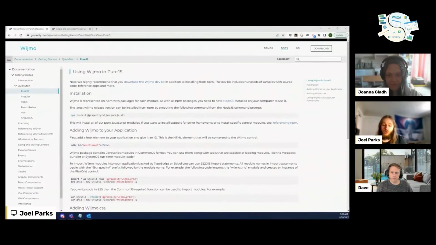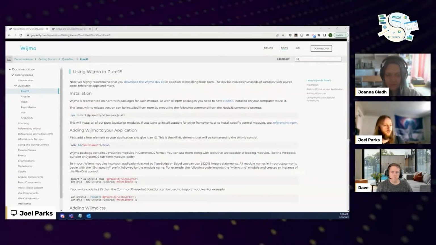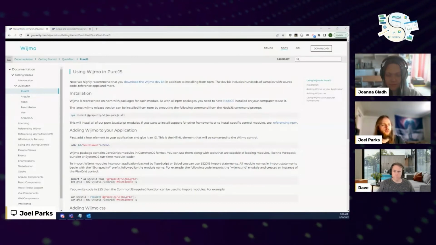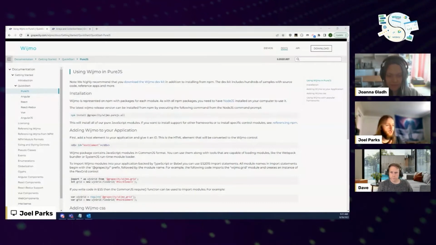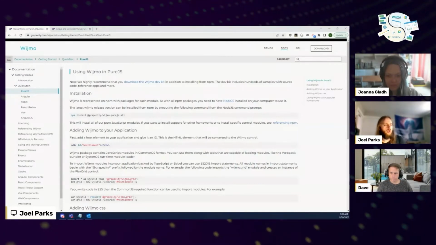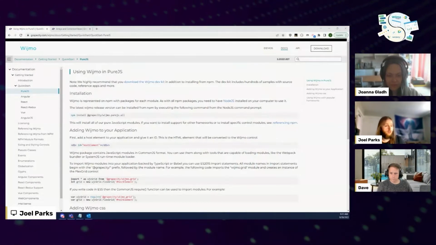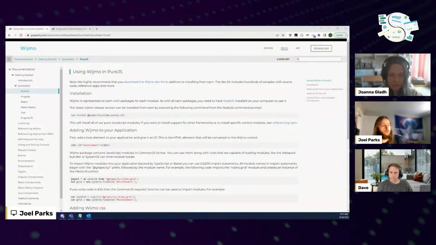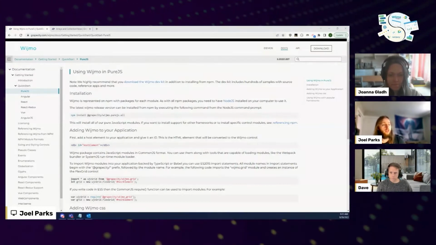So the first thing I'm going to go over is the installation process. Here we've got our using Wishmo in Pure.js documentation page. We've got documentation pages for each of the major web frameworks, so JavaScript, Angular, React, and Vue. These pages will all explain how to install Wishmo in each of these different frameworks. We're just going to be focusing on the JavaScript for now. And you have two different options on how to install this. You can either install it via the download from Wishmo's website,